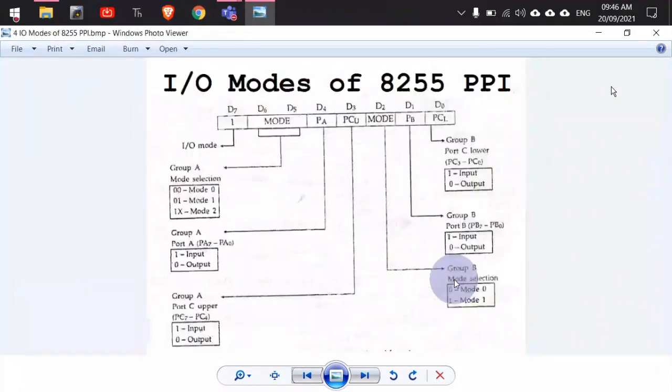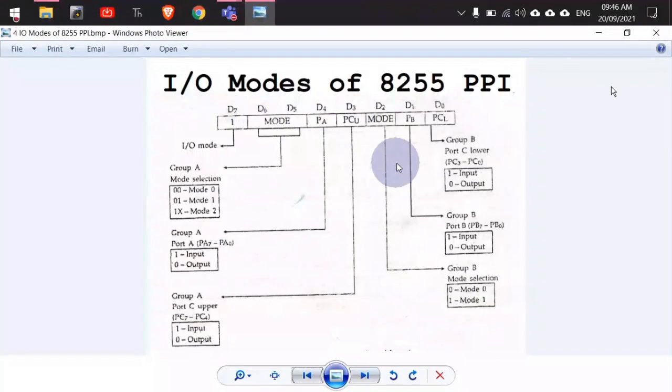So what we mean by those is this complete thing, right? Group A control means just by seeing the contents of the first 5 bits, you will be able to see what group A is doing. Not first 5 bits only, because if this is 1, this is fixed, then the 4 bits will be used for this particular group A control, right? For group B, you have the remaining 3 bits.